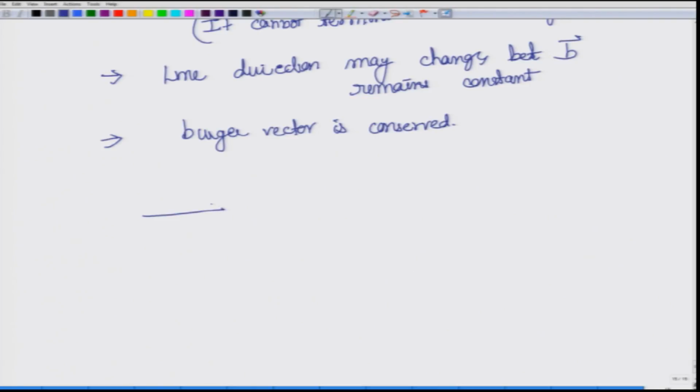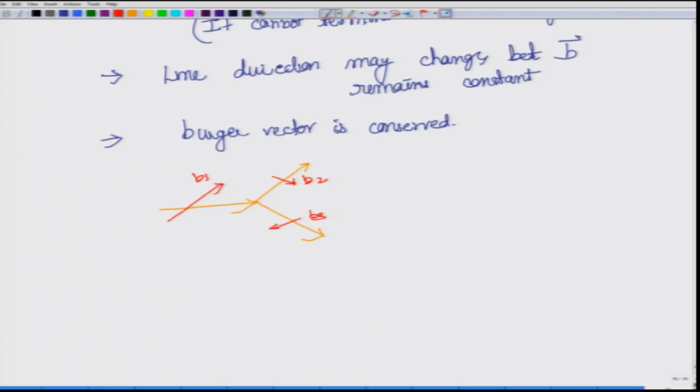Let us say this is one dislocation line which has some particular Burgers vector B. So, this is another dislocation line. So, it has branched out. So, there must be another dislocation line going like this, and I have drawn it straight. It need not be a straight line, but the Burgers vector would remain the same for those. So, let us say for the original one the Burgers vector was B1, and for the branched out ones the Burgers vectors are like this, B2 and B3.